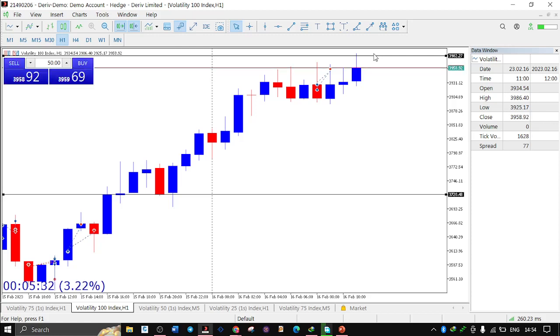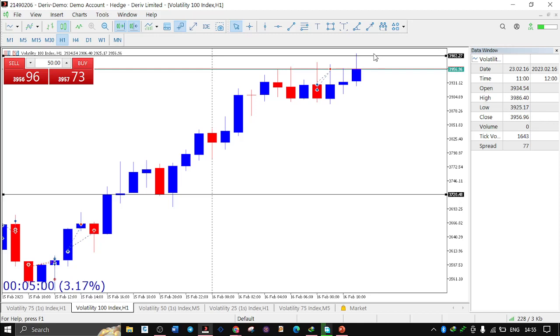What is the formula? The formula is just simple. You get the higher figure minus the lower figure, and you get the pip difference. Higher figure minus lower figure will be equal to the pip difference. Here it means this asset has appreciated by a value of 261.79 pips. You get it?